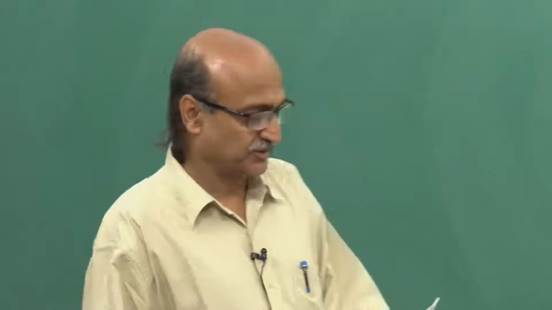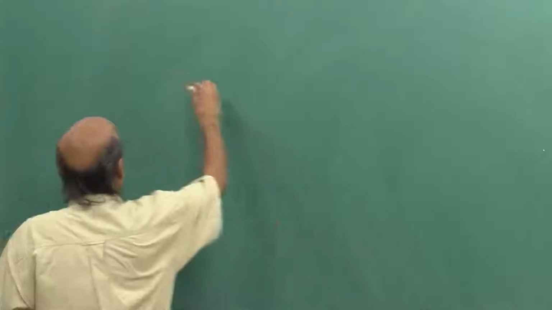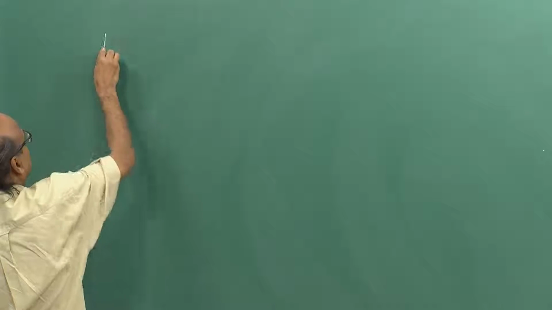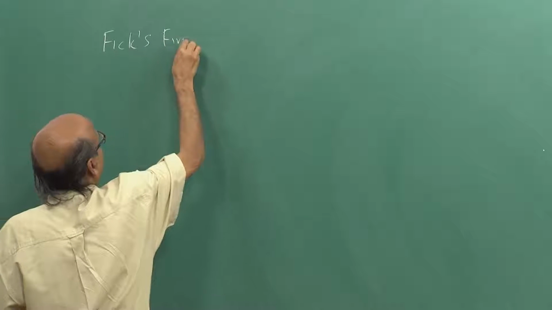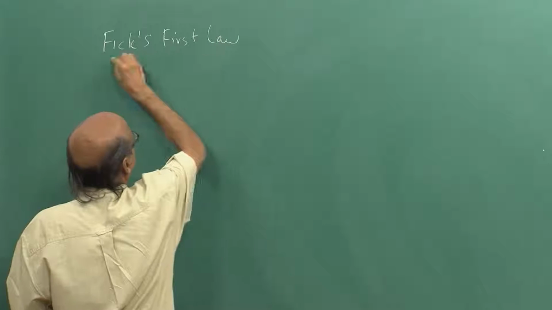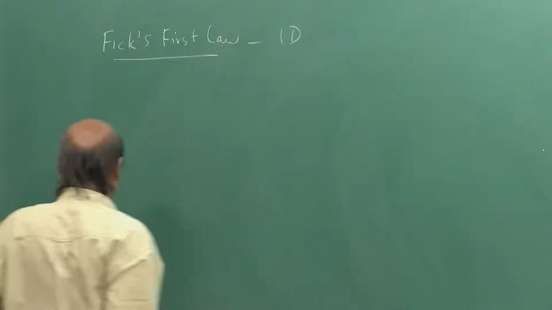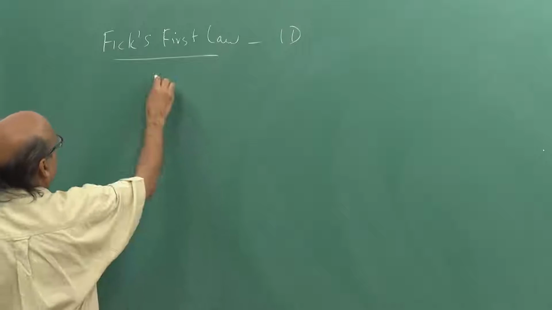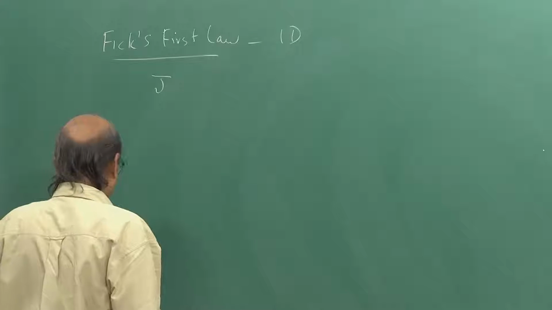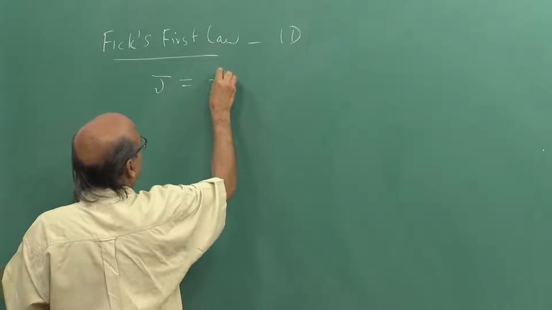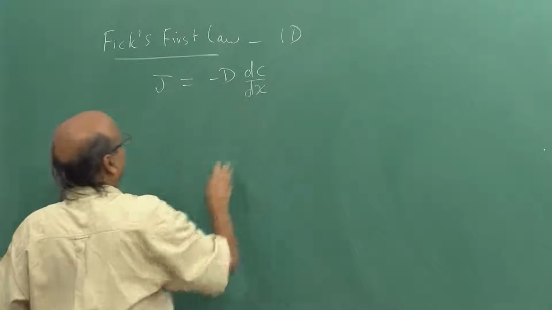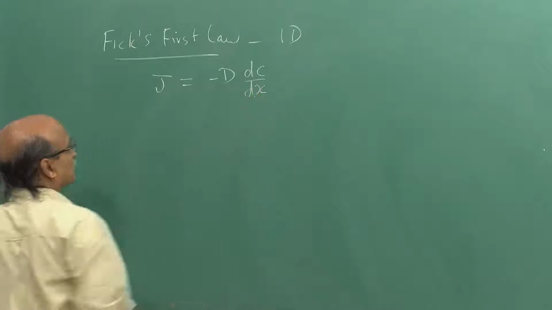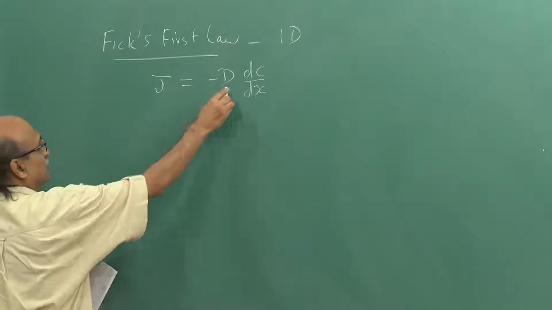So, in the last lecture we had looked at Fick's first law, and just to restate it again, Fick's first law of diffusion in one dimension can be written as the flux of atoms in a concentration gradient is given by J equals minus D dC by dx, where dC by dx is the concentration gradient, D is the diffusion coefficient,